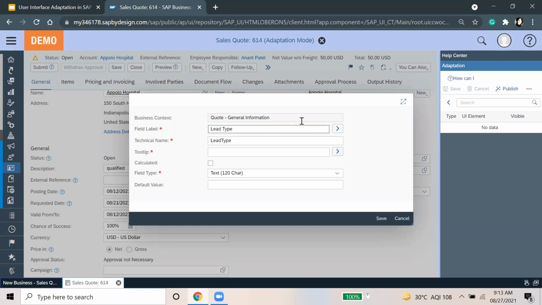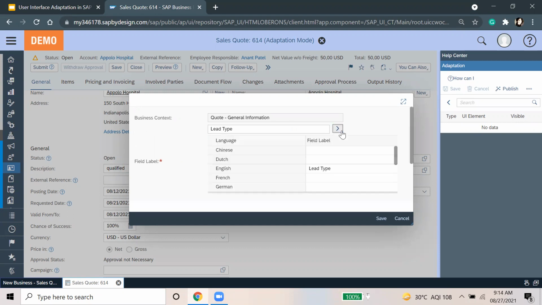Okay. So here the field level. Field level is something where we can put the description of exactly what we require. And then we also have the option of the translation. For example, right now I have logged in with the English language, but if I am also using Chinese, then I can put the Chinese name of lead type, the translation, here. So whenever a person logs in with that, the translated one will be visible to that person. So I just want English. These all are the languages which are available here.